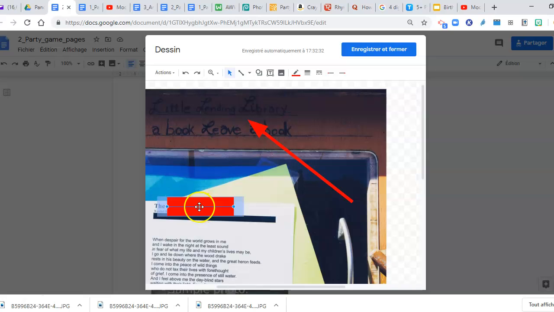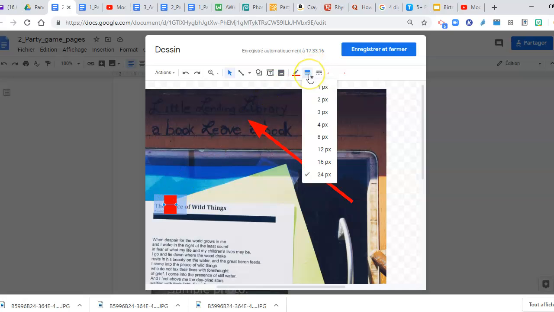So the kids would notice the image and want to look for the little library. They would recognize the image. So you can change the size of the rectangle just by dragging, like I just did here. Okay. If it's too thick, so here I wanted to just hide the word peace, you can drag this around a little bit. Here I can see that it's a little bit too big for the image that I have,